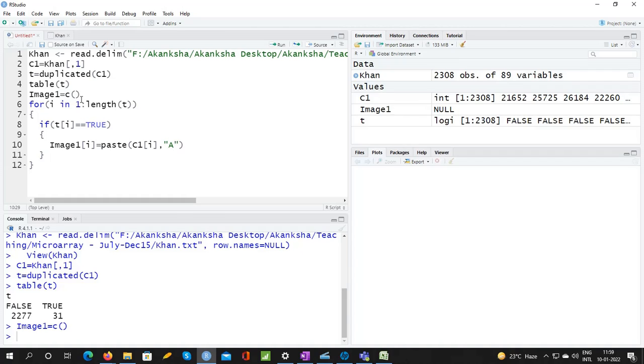Actually ma'am, let's convert it as dot character. It will be better. The c1 column over there in the names, yes, as dot character.